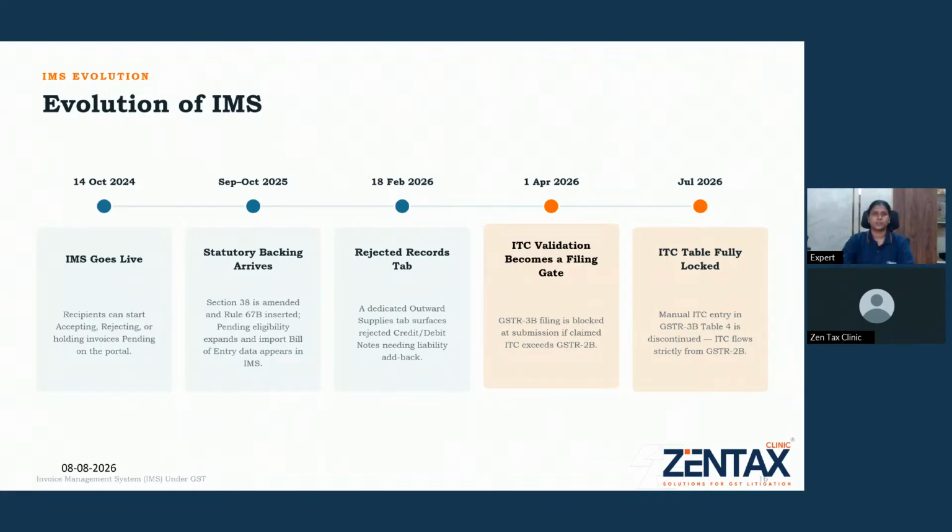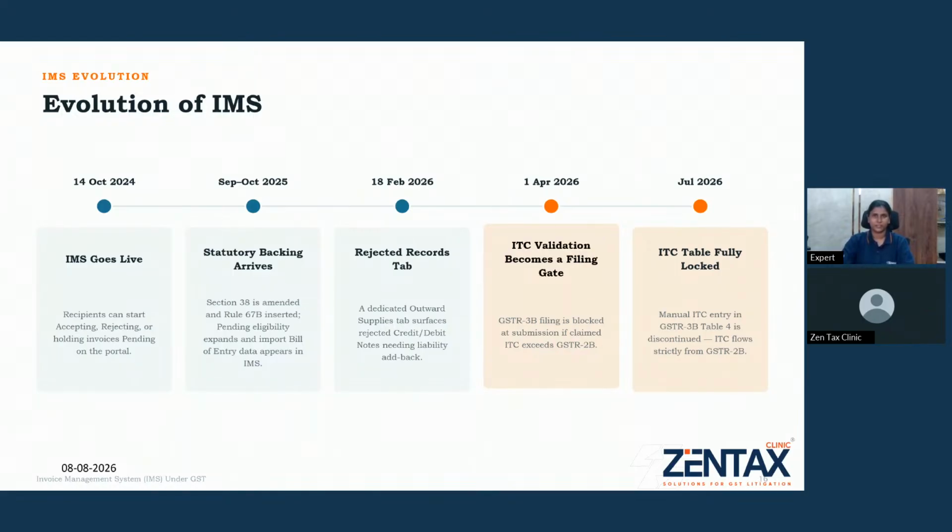During February 2026, there is a dedicated outward supply tab where rejected debit or credit notes needing liability add back are shown. That is, from February 2026, if a recipient rejects a credit note, then that is added back to the supplier's output liability. This change took place during that period, and very recently, that is in April 2026,